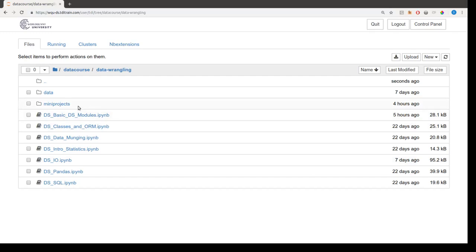Welcome to the fourth week of lecture for Unit 1 of the Introduction to Data Science module. This week we'll be beginning our lectures by discussing some of the basic data science modules within the Python data science stack. So if you open up this basic DS modules notebook in the data wrangling directory,